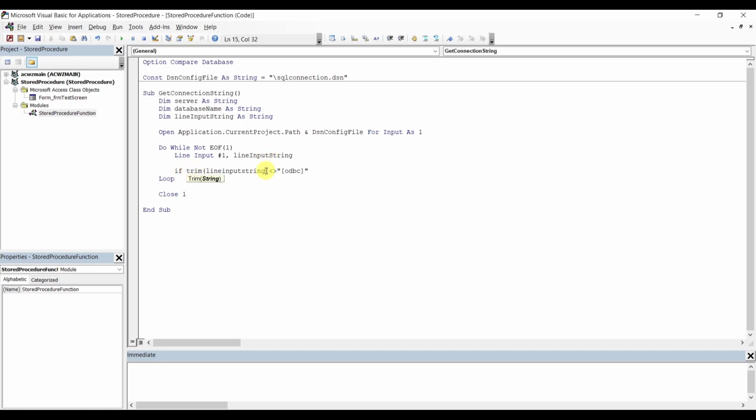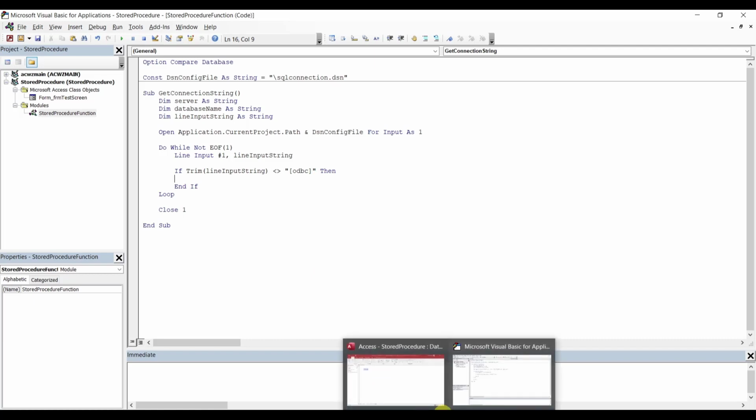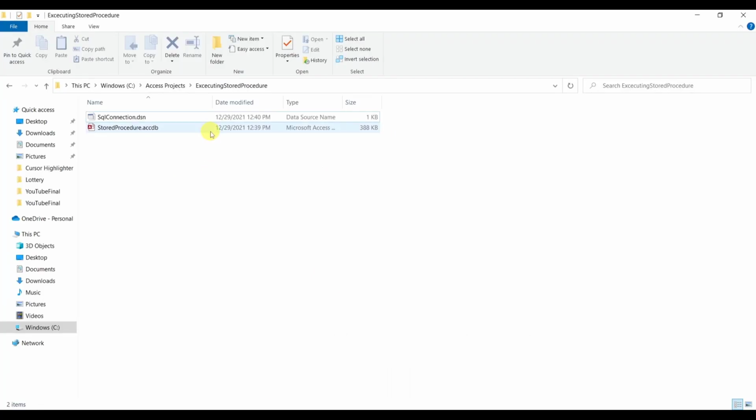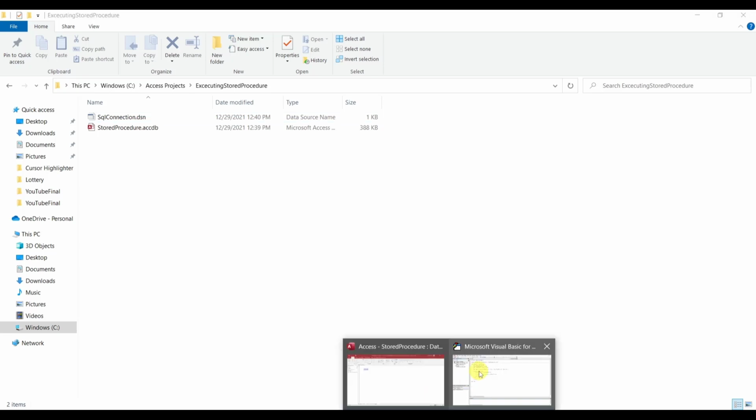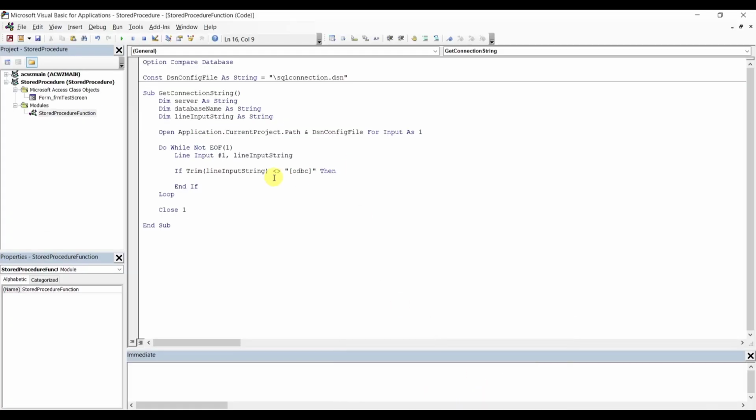The reason why we trim this, just in case you accidentally add a space inside of that string in that file that we just opened. Sometimes we mistype and accidentally add a space before or after each string in there. All right,